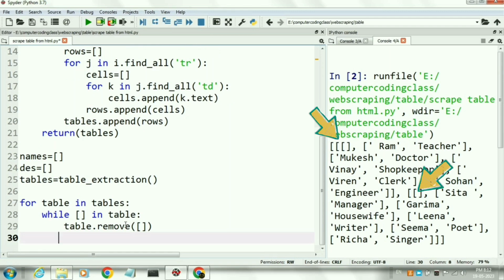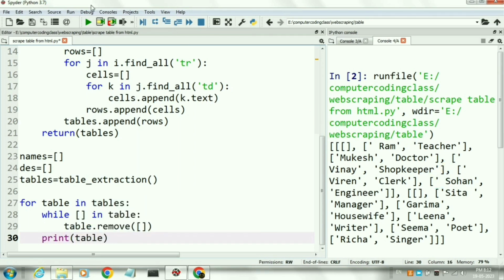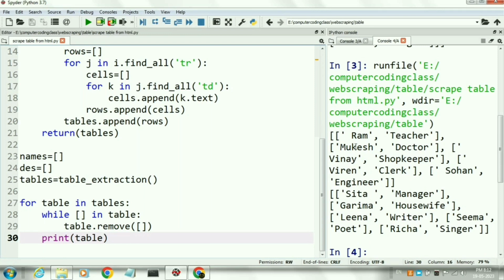So by using table.remove, it means we will use the list.remove function and delete all the empty lists and then print table again and run the program. In the output window it is showing a nested list but there is no empty blank Python list.